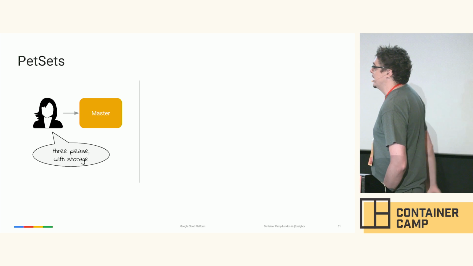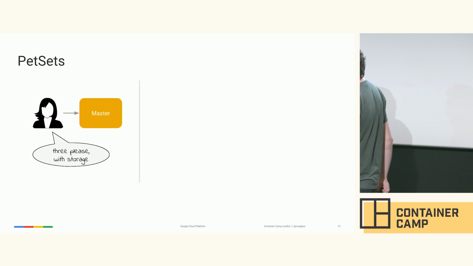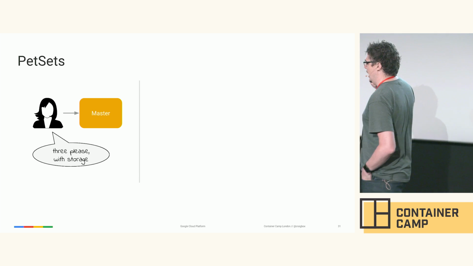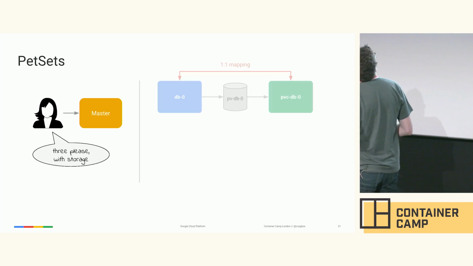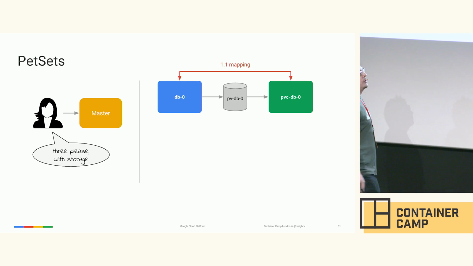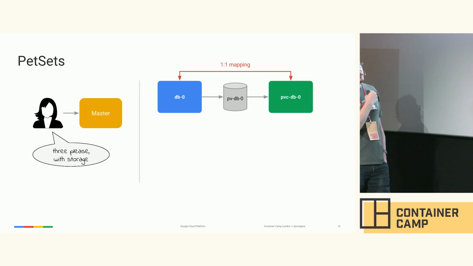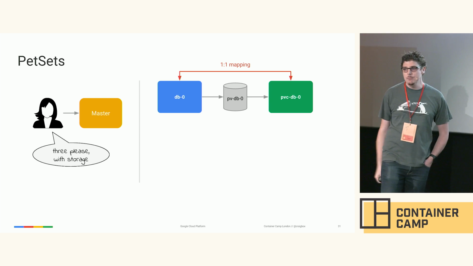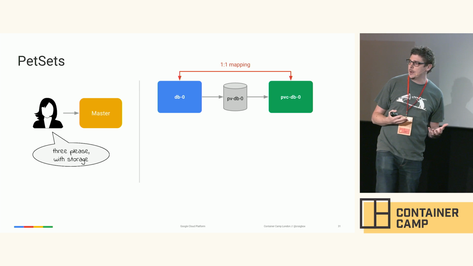Now we introduce the pet set. We say, we'll take 3, please, with some storage. You define a template that says, in the alpha case, we say basically how much you want dynamically provisioned. And we end up in this situation. So now we see we're actually asking for a database in this case. You'll end up with a persistent volume claim, which is Kubernetes' way of claiming storage from an environment, which is set up by an administrator.